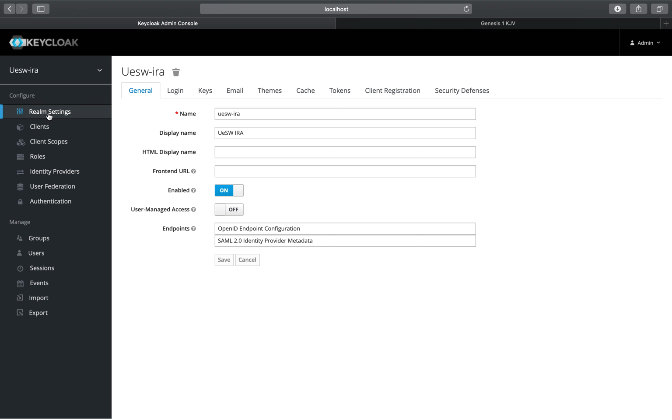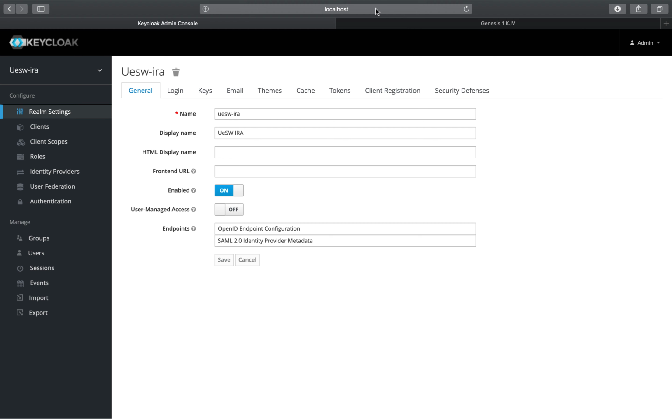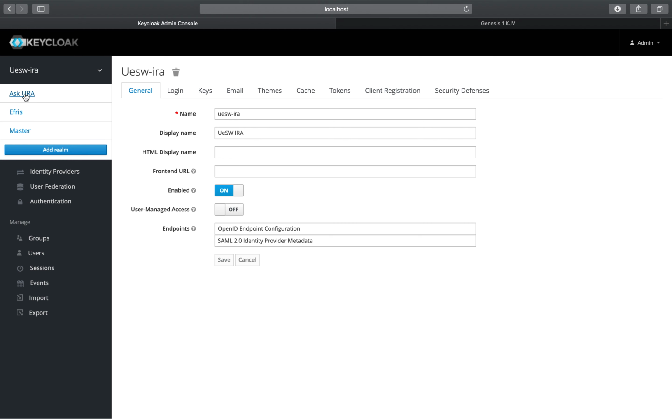So now with the realms, when you first fire up your Keycloak after setting it up and now it's up and running, one of the first things you do is to create a realm. A realm is more of an organization kind of structure, just to structure things up. Like for example, this is set up on localhost. We have AskQRA, ifrace, and then we have the master realm. The master realm comes